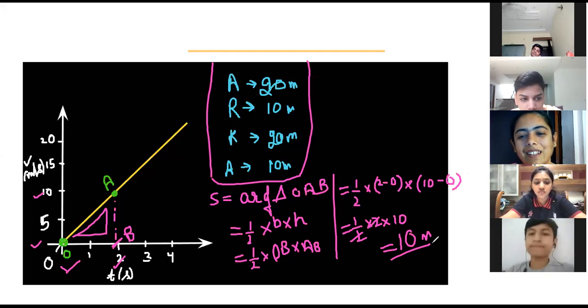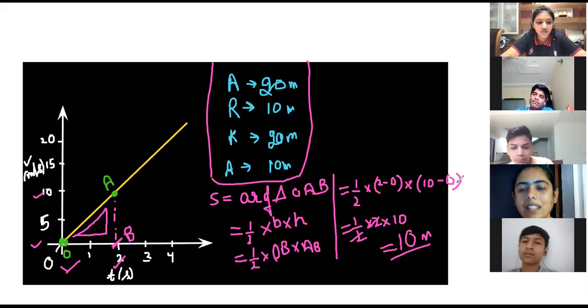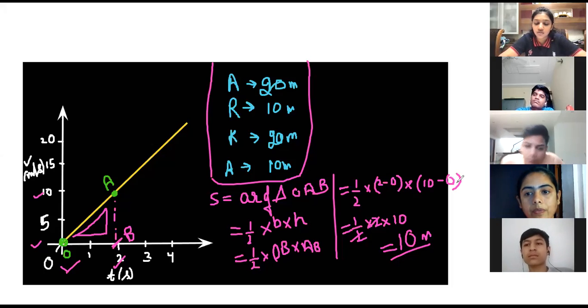Arushi ji, first you got the correct answer, Arushi. Then again what you have done at the last? Hanji, unmute yourself. But if we do it like displacement is equal to velocity into time, then we get 20 meters. You are not going to do that. This is what we have written in the note yesterday, in the previous class, that whenever in case of a graph you have to find out the displacement, you are going to check the area covered. You are not going to directly multiply. You have to follow the step of finding the area.